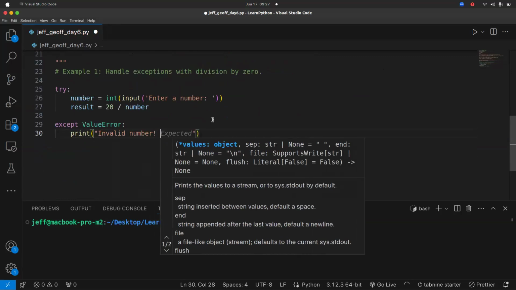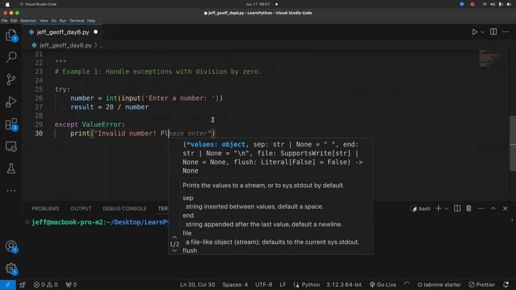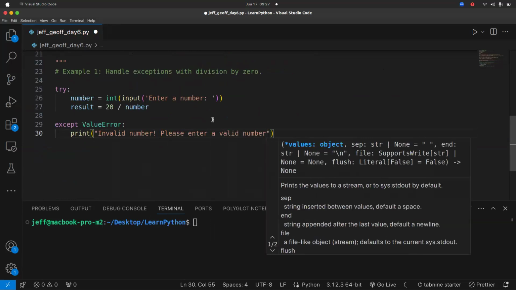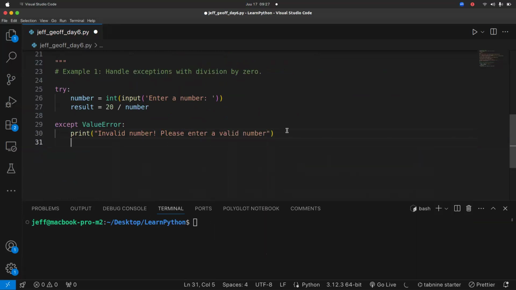Then you let the user know: please enter a valid number. Now, you will try to enter maybe alphabets, and you try to see what will happen. So in this case, where the input is supposed to be an integer, as long as you put something which is not an integer, it will say invalid number.